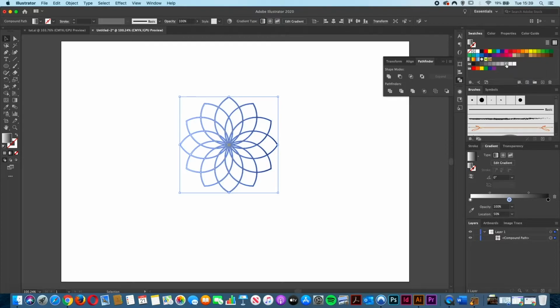So I'm going to left click, hold and drag that down into our gradient and on top of our colour stop, and you'll see this green plus sign. Let go, and that has added that colour into that colour stop there. So for the left and right colour stops I'm going to go for a darker grey